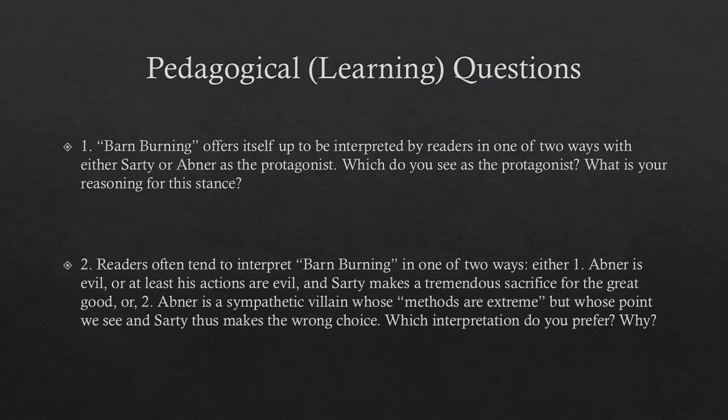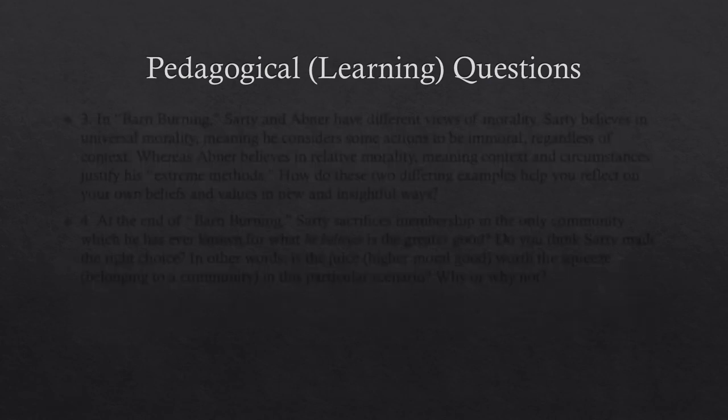Because if you think Abner is the protagonist, then Sarty's actions, no matter what, are also extreme. They are extreme. They're huge. He makes a huge choice. So this question asks you to render a little more of a judgment than the first one. So if you don't want to get as personal with it, then go for number one. But that's why I essentially have the same question twice, because you're probably going to read those and be like, aren't they the same thing? But who you see as the protagonist informs the rest of the story, the rest of the questions, even though these next two questions are a little different.